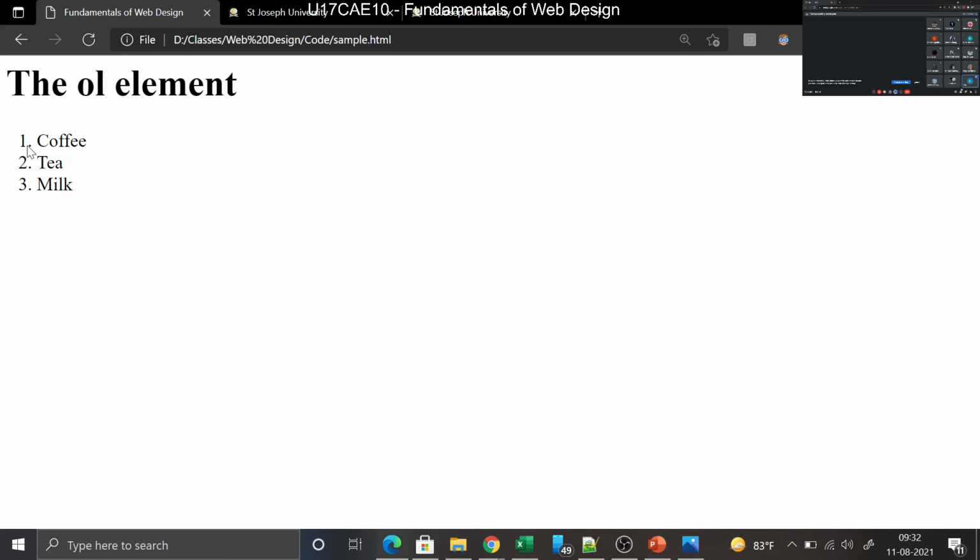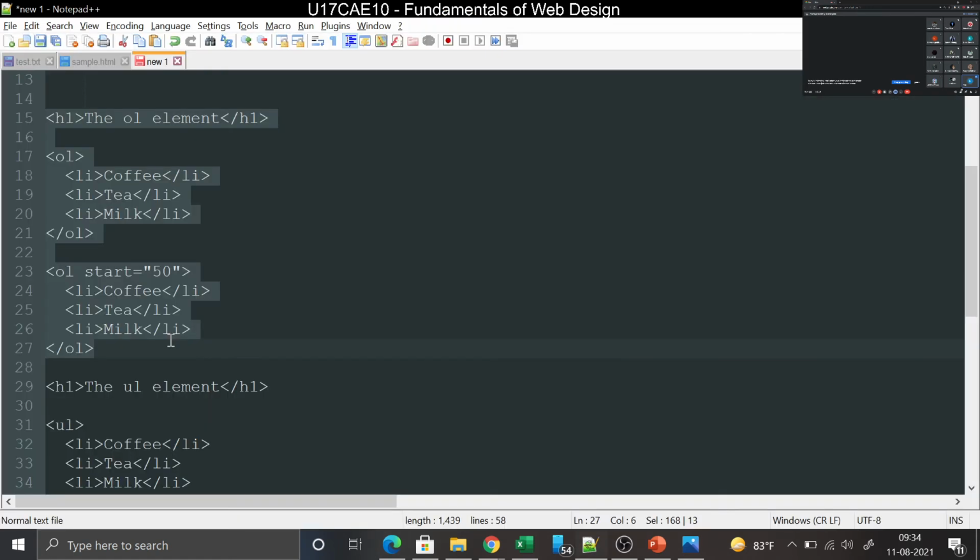And now you refresh, what happens? Coffee, tea, milk. Okay, so you can see that the numbering in the front, or the indices in the front, has changed from 1, 2, 3 to some kind of bullet points. Okay, so hence it is called an unordered list. You also have several attributes which you can go and refer to.